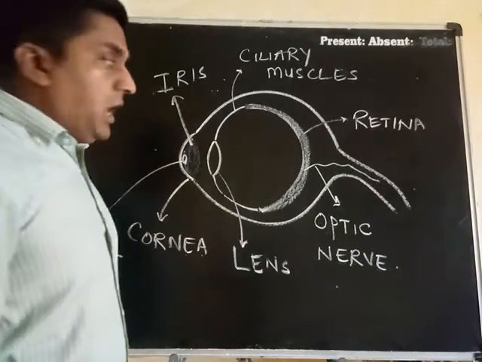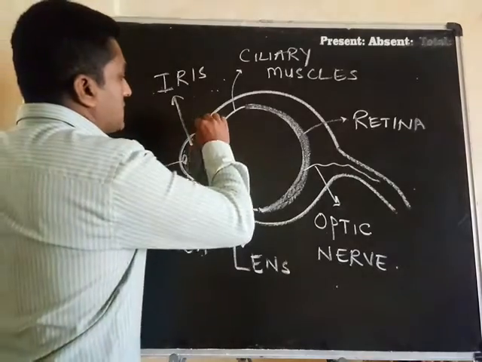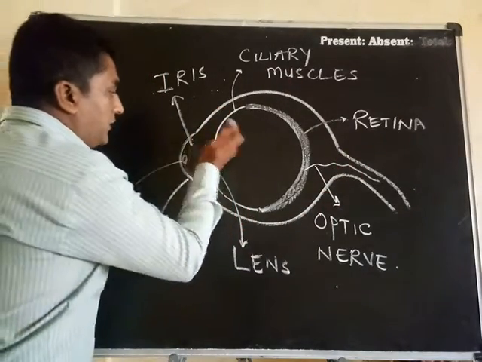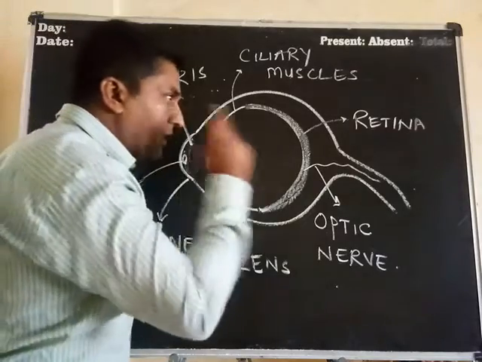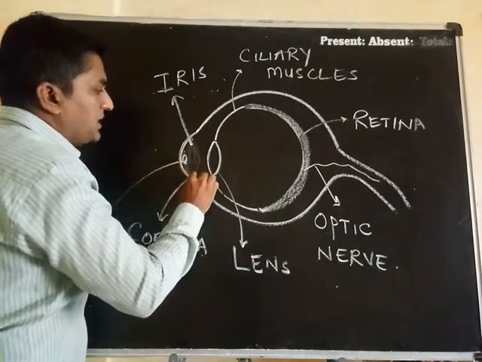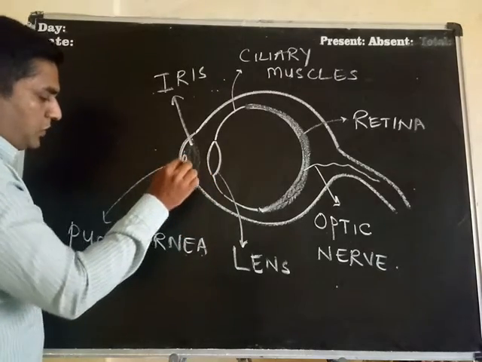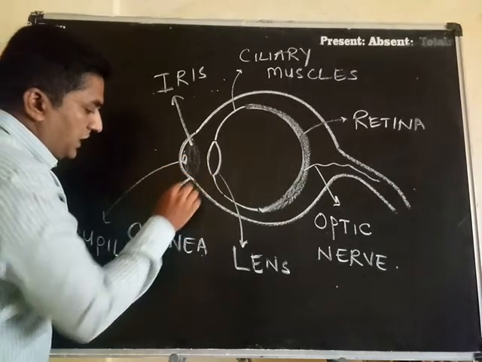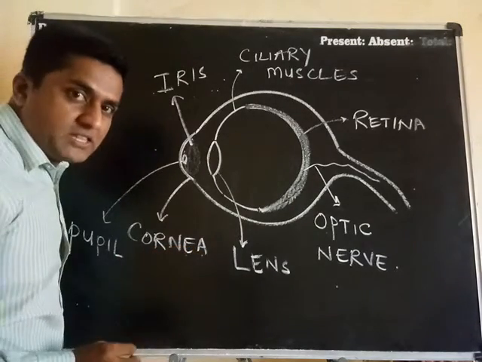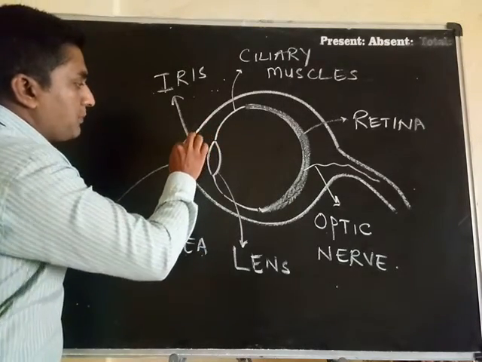So see, a human eye has an eyeball, right everybody? Ahead of that eyeball, which is the starting of your eye, we have a convex shaped bulged part, which we call the cornea. It is called what? Cornea. It is a very thin membrane and it has the shape of a convex.